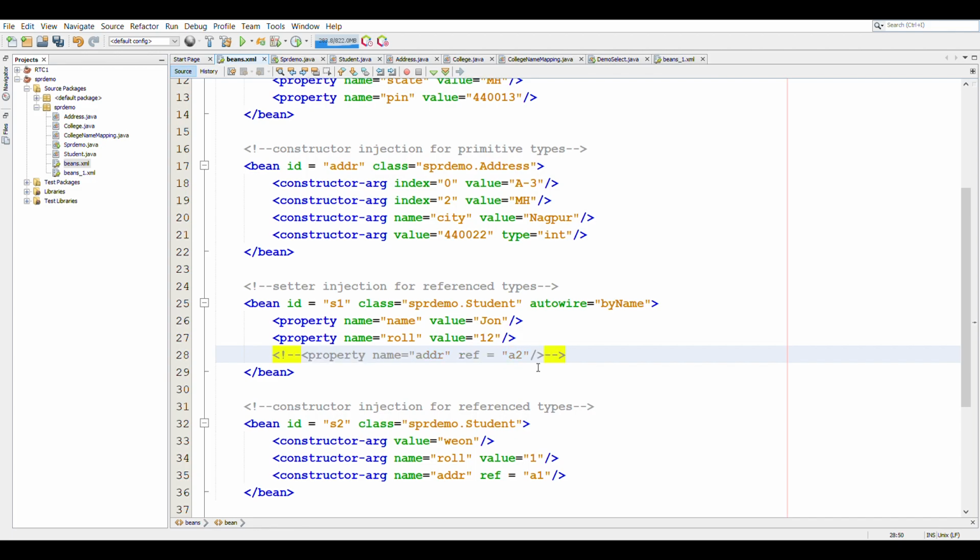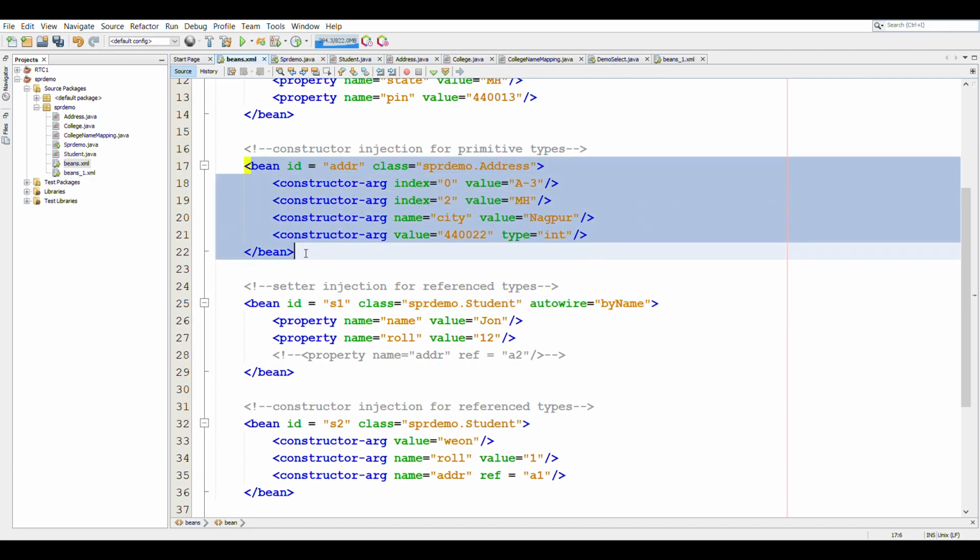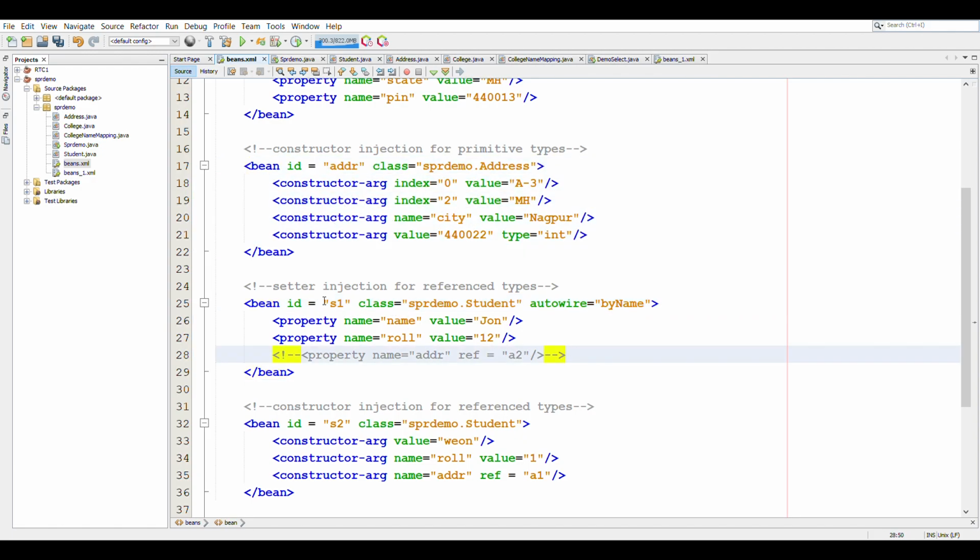Now, we need not write the ref A2 explicitly, because the Spring container will automatically find a bean with the same name as that of the property and it will wire it here. So this is how we can do auto wiring by name.